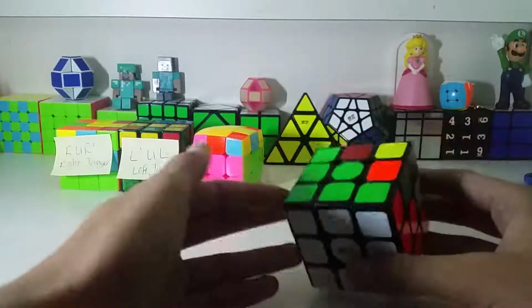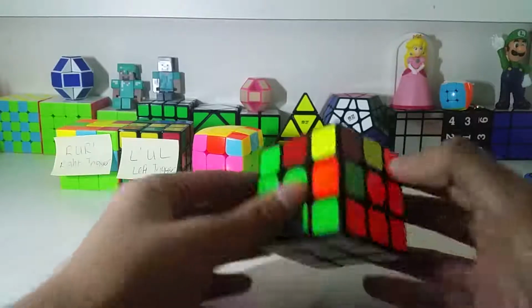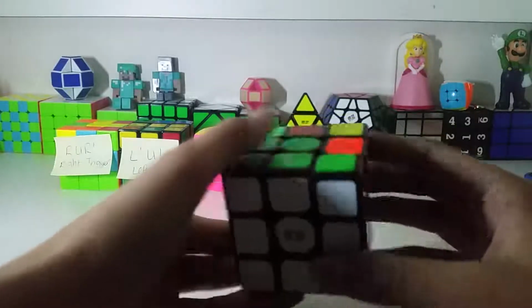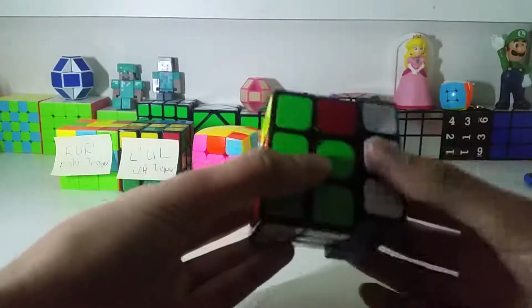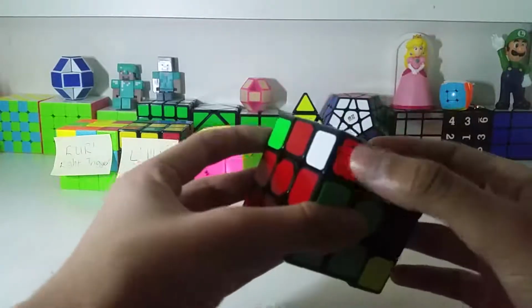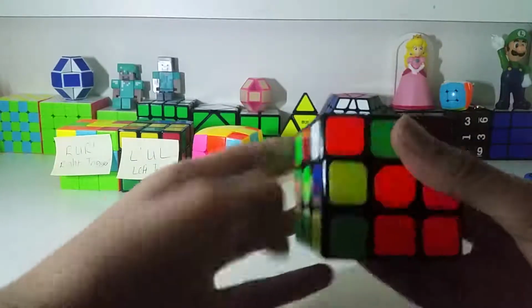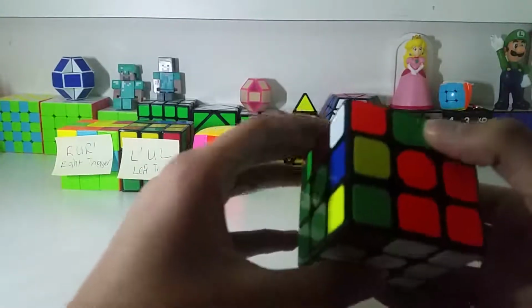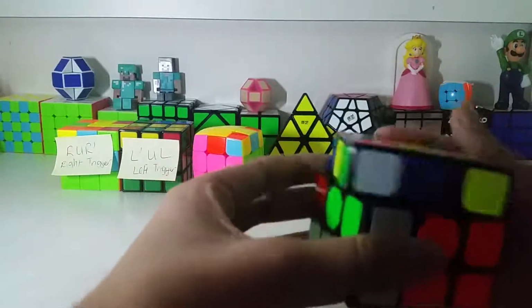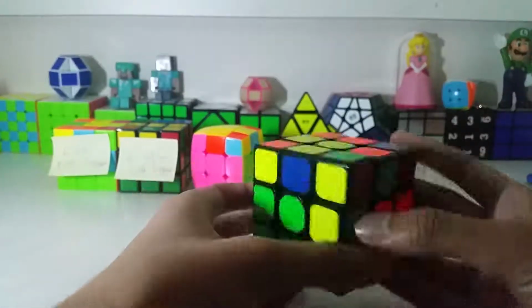And as you can see, we have a problem. The edge piece is already in place, except it's backwards. So all we need to do is the right trigger to get it out of its spot. R prime. As you guys can see, we also displaced the white sticker. So now we need to put that back using the left trigger, because they're matched diagonally. L prime, U, L. And now we have to put this in place, so we're going to match it up